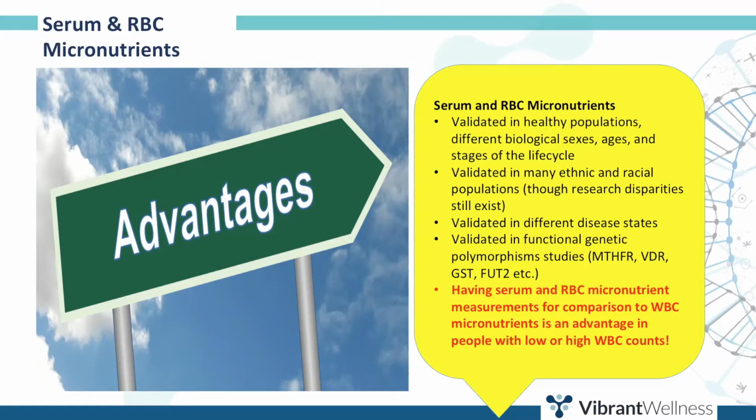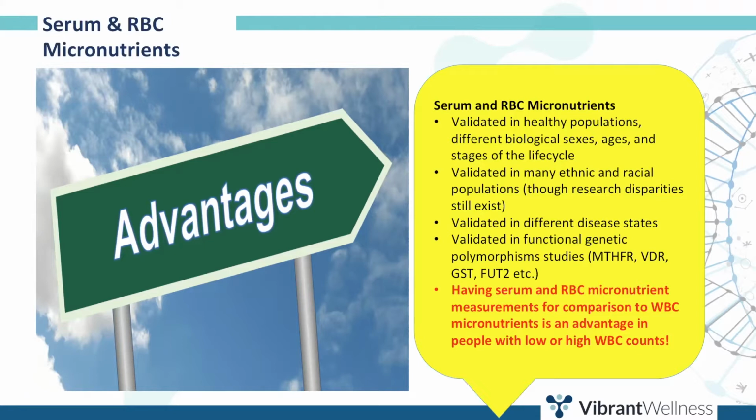All of the studies that have looked at micronutrients in liver disease, in kidney disease, in Crohn's disease, ulcerative colitis, cardiovascular disease, cancer, they've all used serum or red blood cell or plasma micronutrients. So, a tremendous amount of data. Serum and red blood cells have also been validated in many, if not most or all, of the functional genetic polymorphism studies. While we place a tremendous value on the white blood cell micronutrient testing